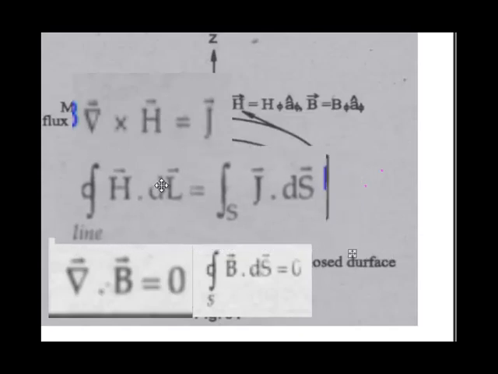You can see in the first equation we have H on the left-hand side and J on the right-hand side. In the second equation we have H on the left-hand side and J on the right-hand side. So the above equation is the differential form of magnetic field intensity, and the second equation is the integral form. From this point we will start the next session tomorrow. We have to finish the first session here. From the next lecture we will start Maxwell's equations from this point.